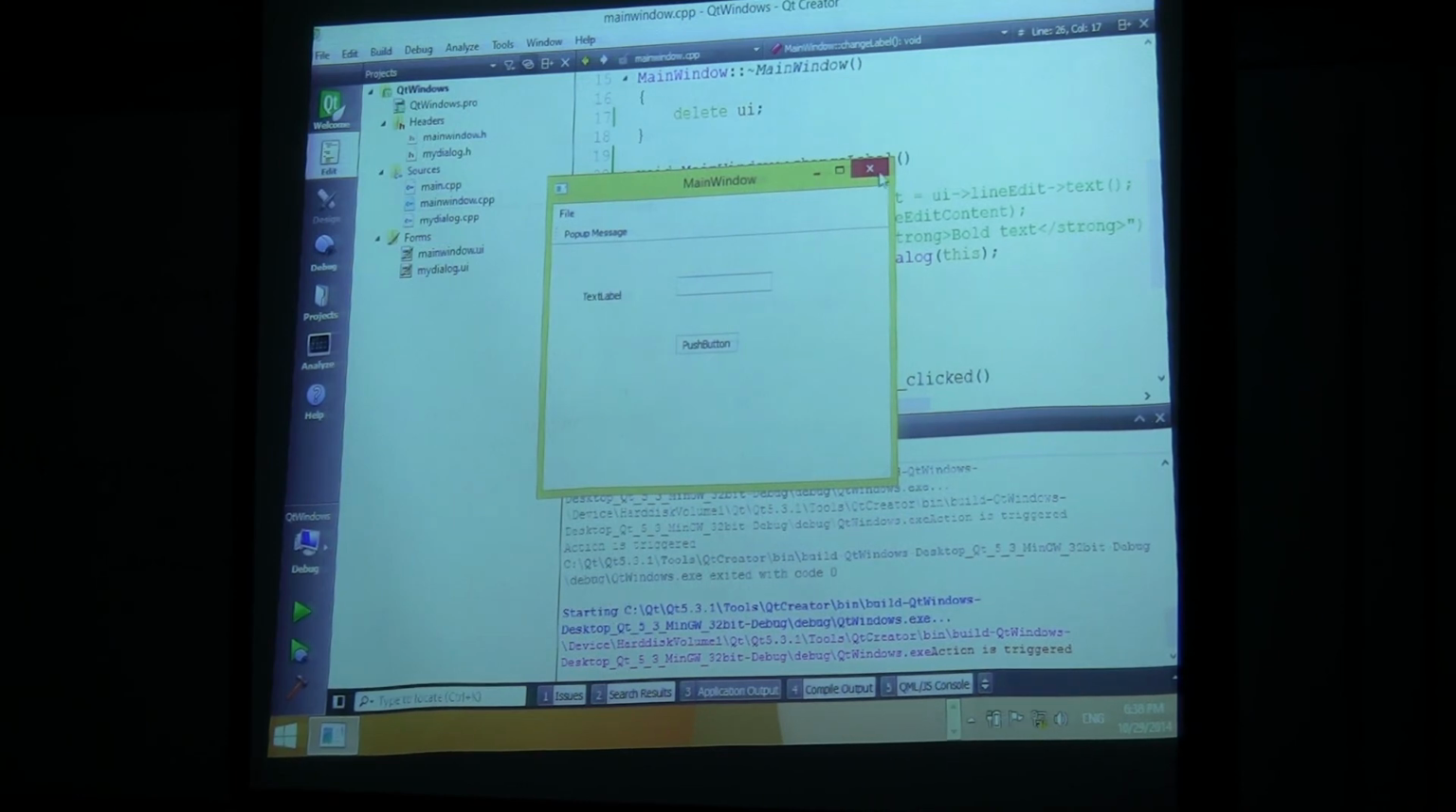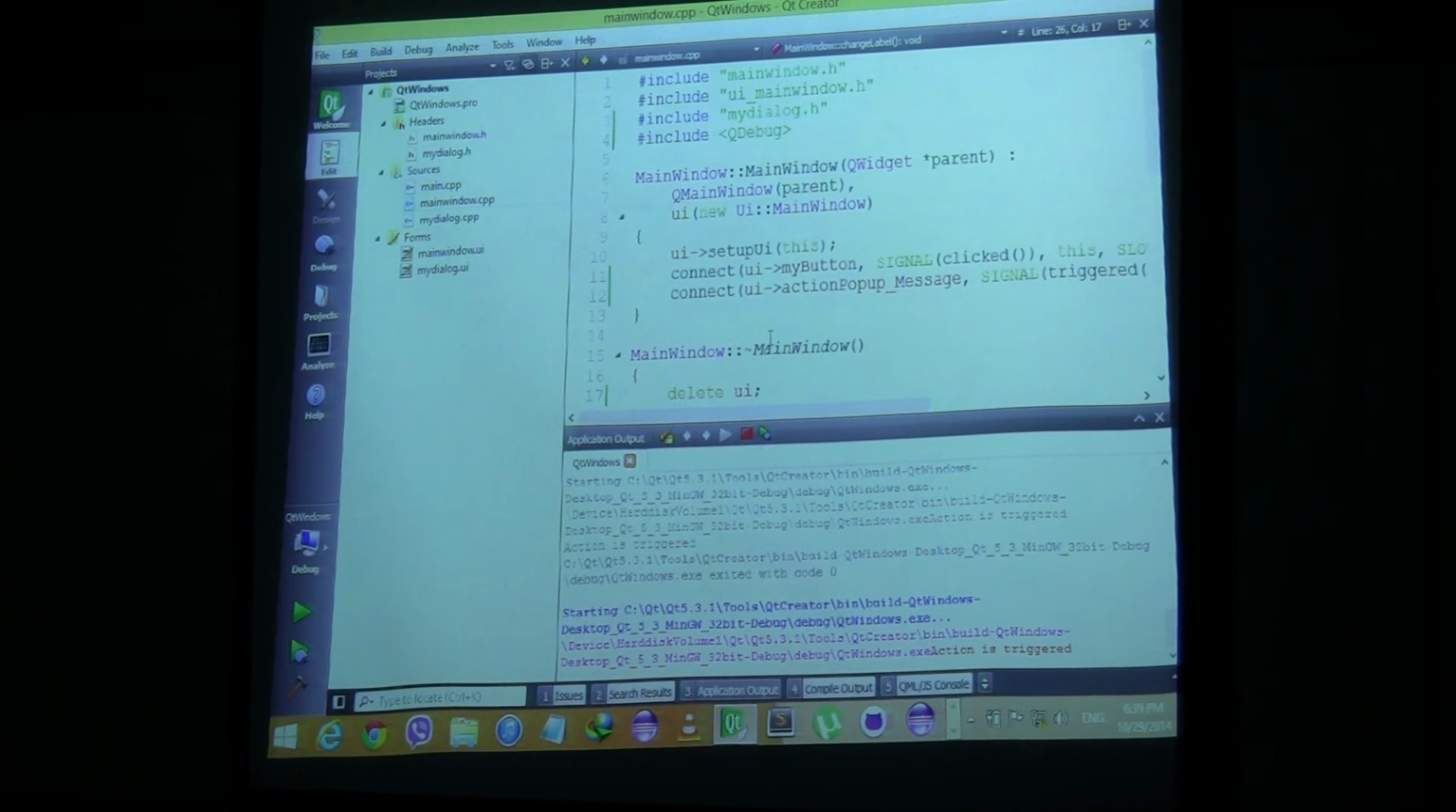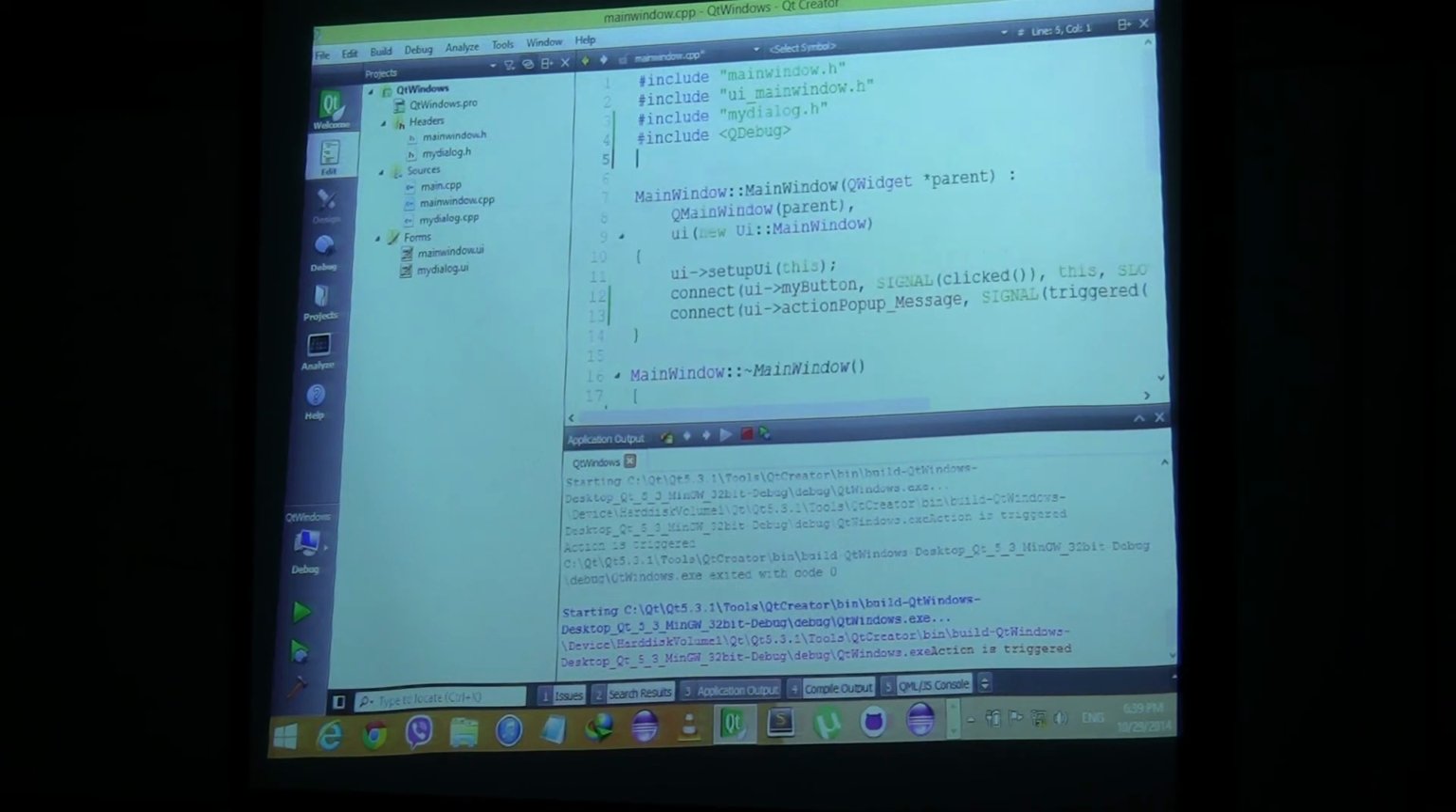So final thing, I guess, looking up. Okay, I'll show you just how to show a message box for the user. First, I need to include QMessageBox. I guess it's in the Qt core, but